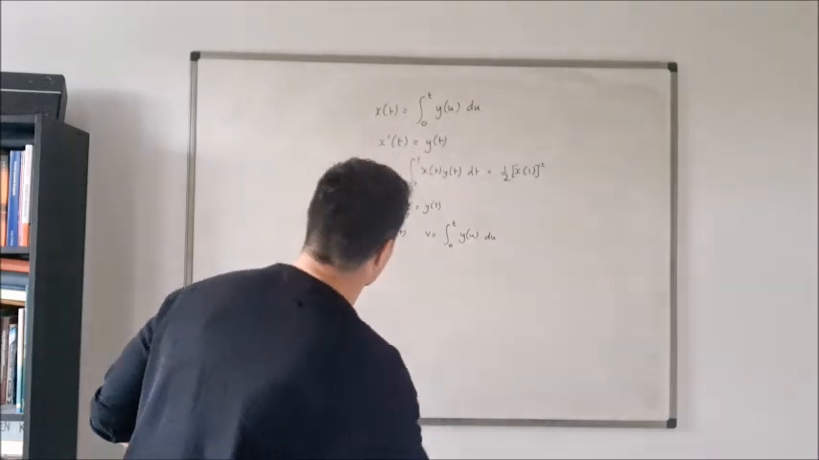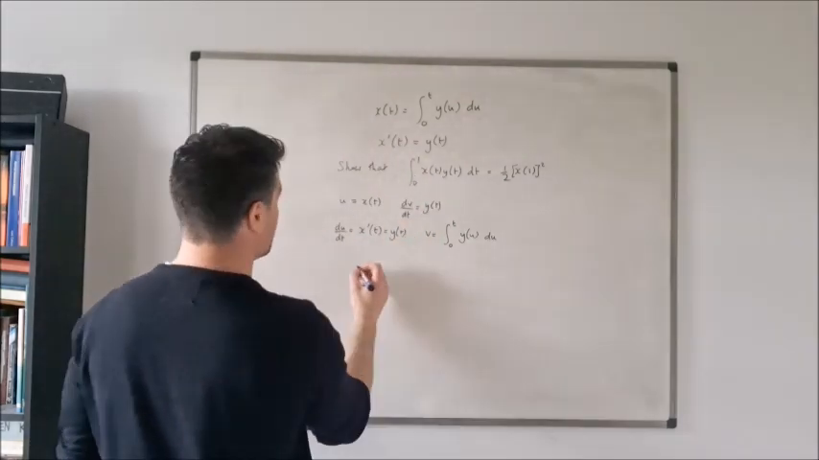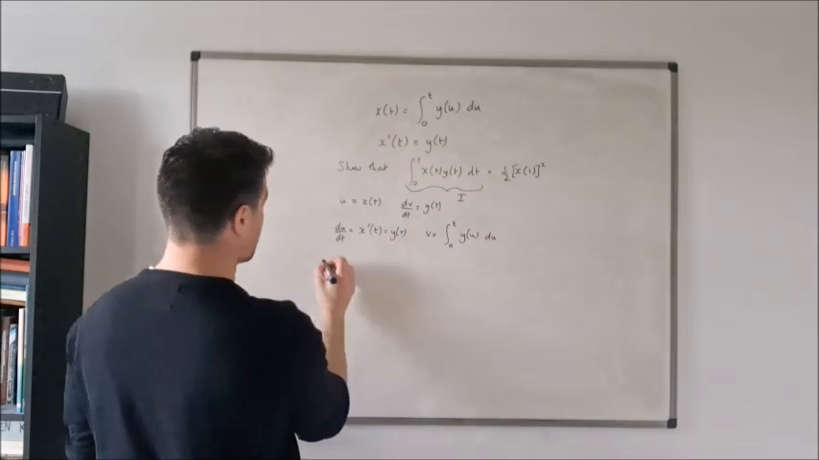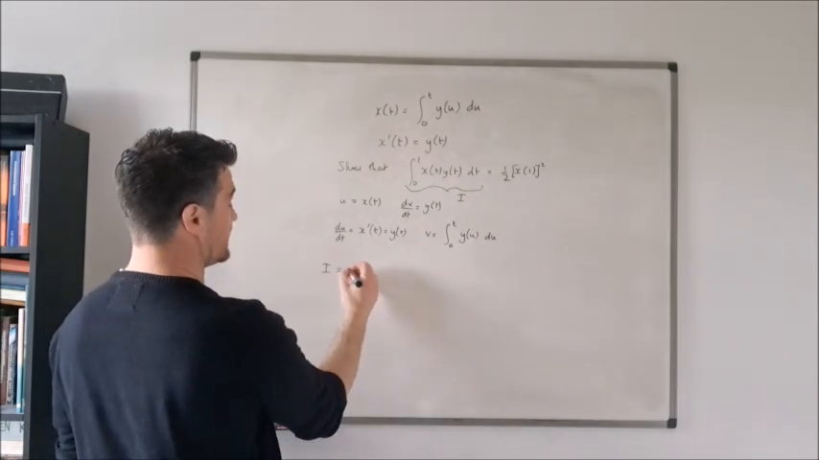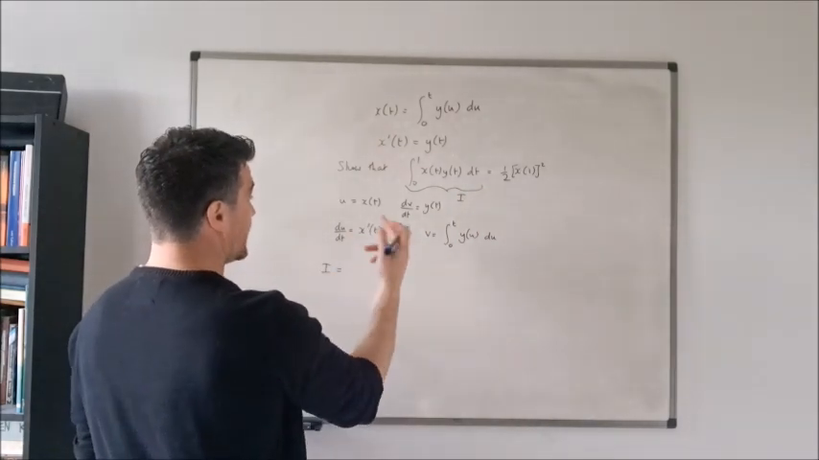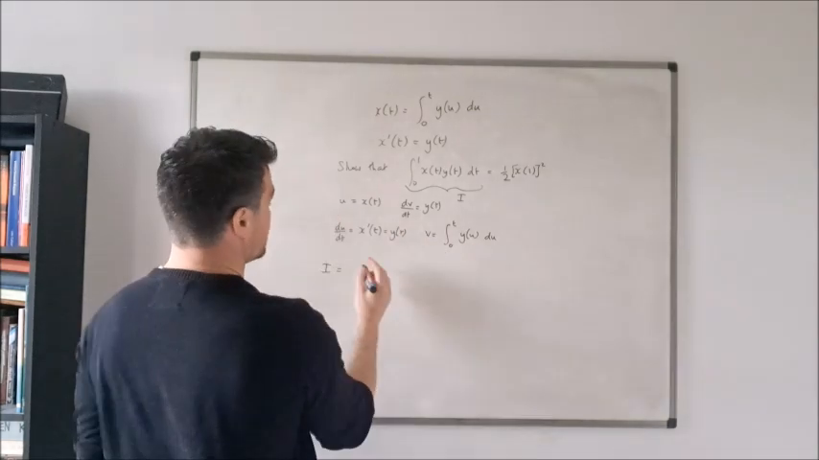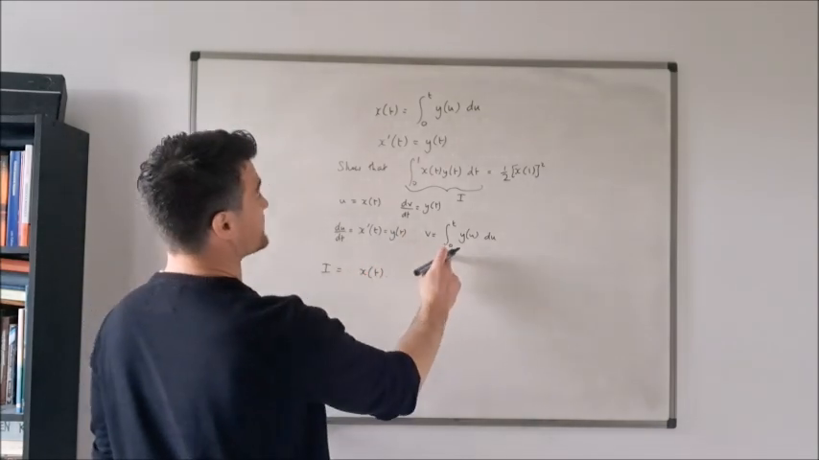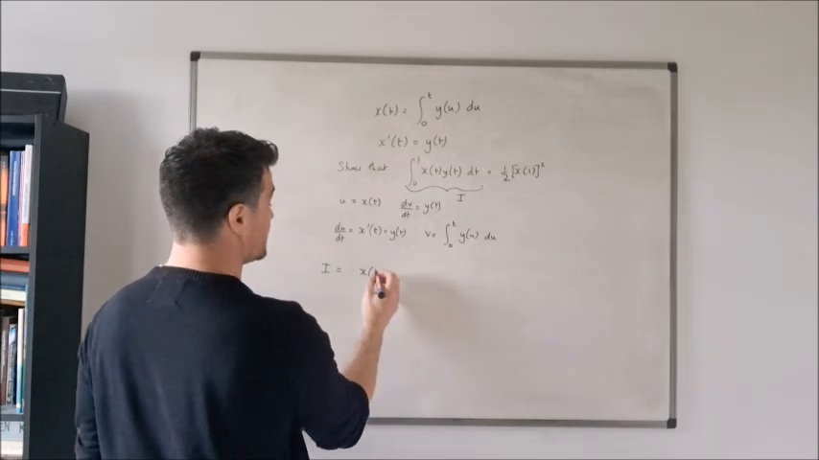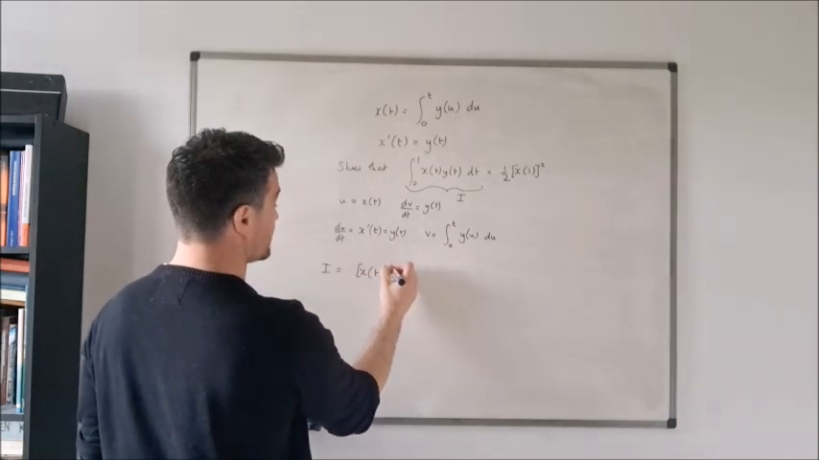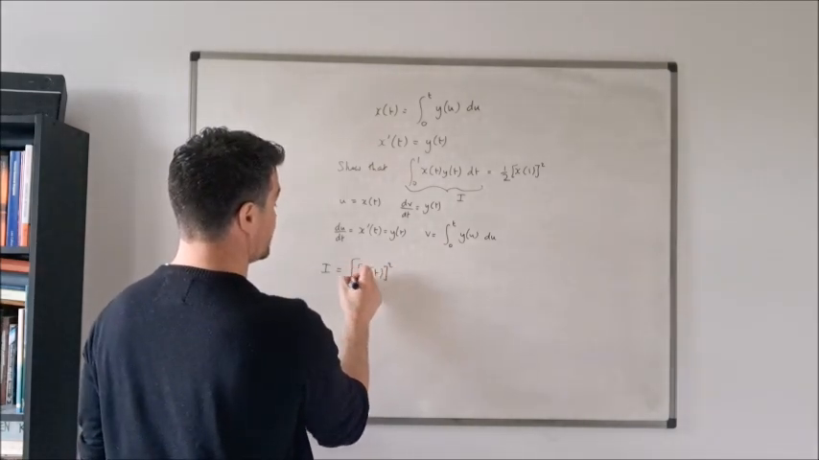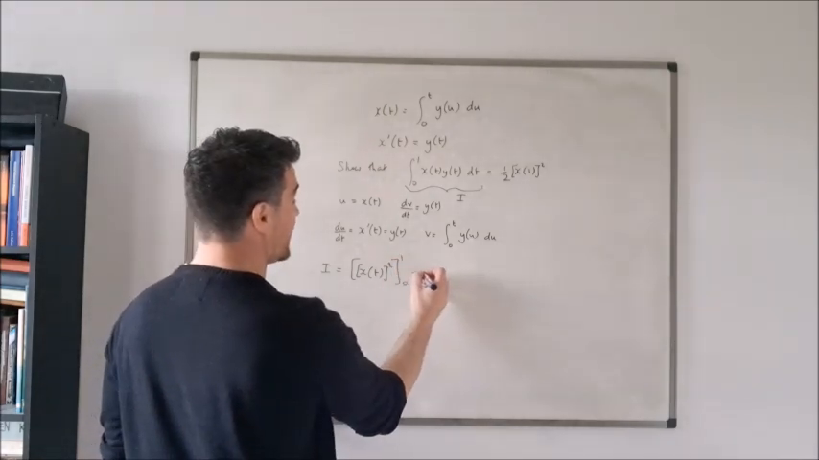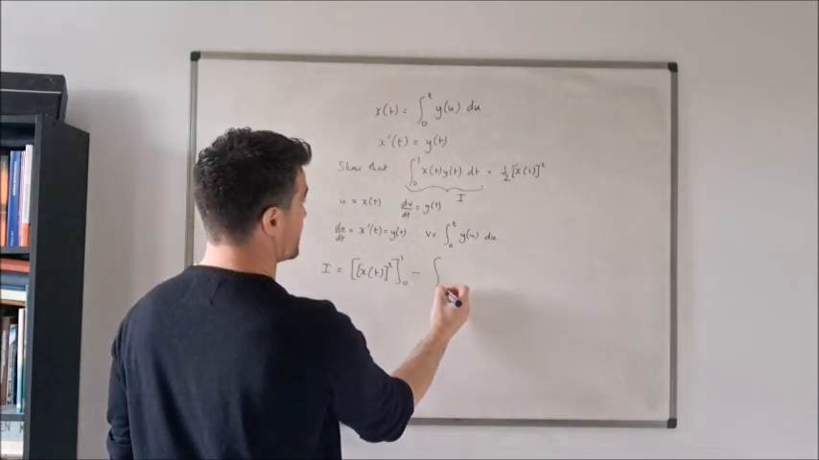Okay, so this then is, I'll just call this I, just because I'm a bit lazy and I can't be bothered writing it out over and over. I is going to be equal to u times v, which is x of t times, what's this? This is also x of t. So it's going to be x of t squared between the limits 0 and 1